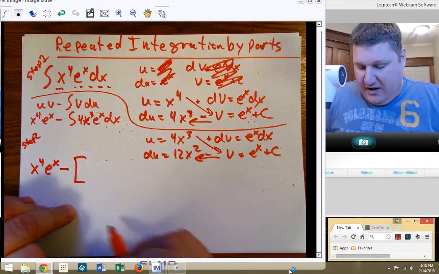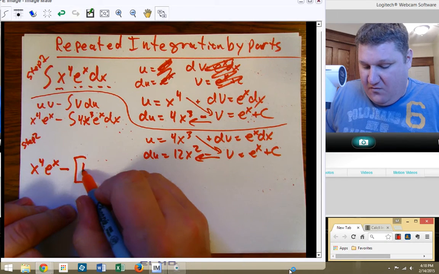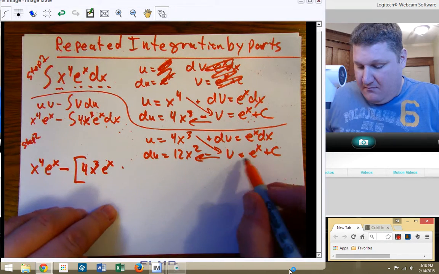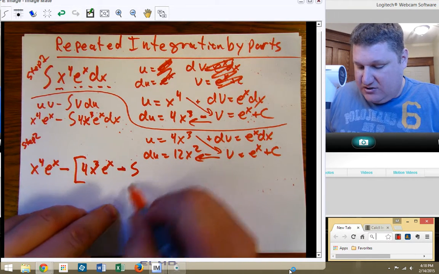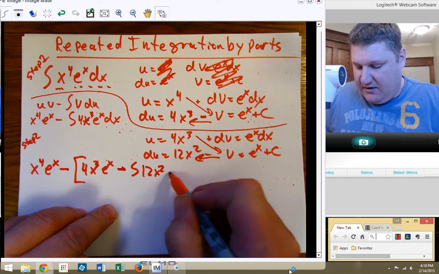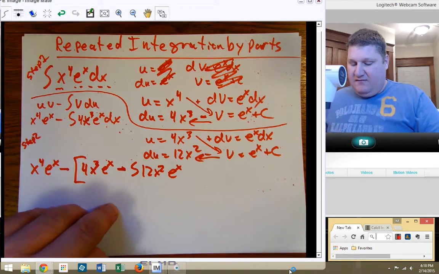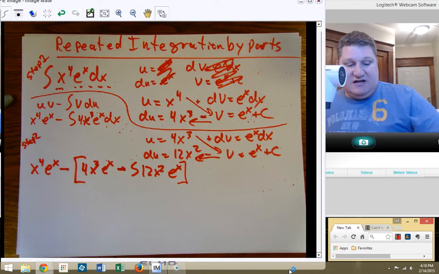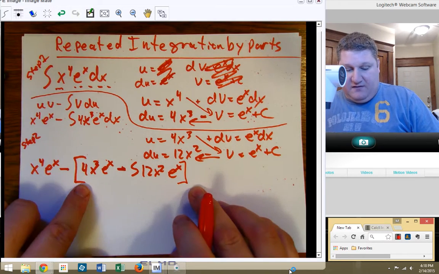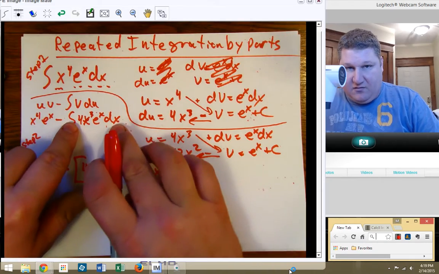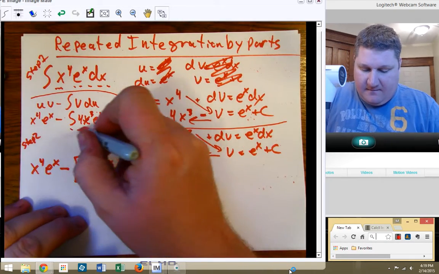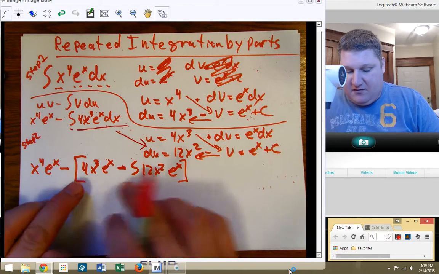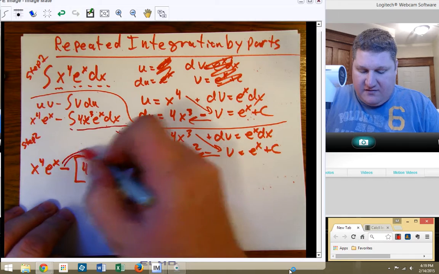minus big parentheses, 4x cubed e to the x, minus the integration of 12x squared e to the x, and then eventually I'm going to put a plus c down here. Now, you'll notice that it's minus out in front of the big parentheses because it's minus this entire quantity. When I take this quantity over here to integrate, I'm still going to have to take this negative and